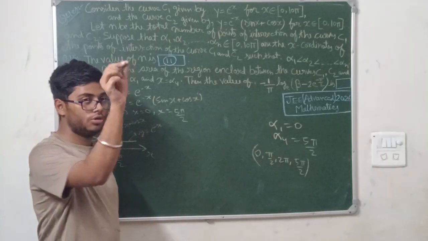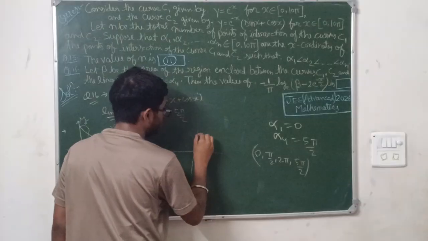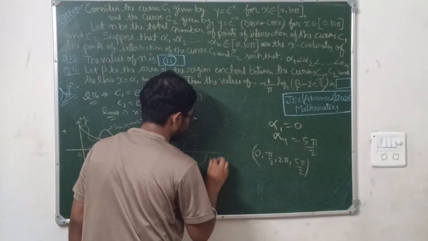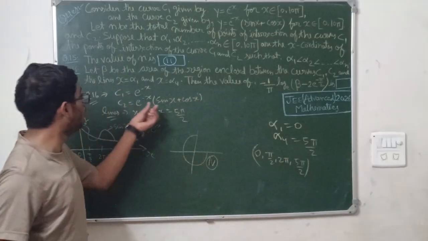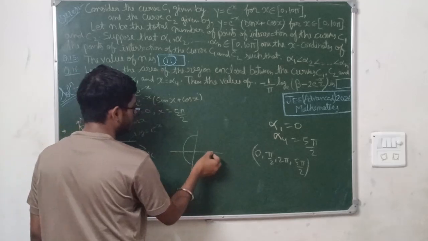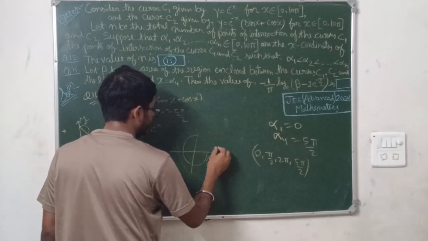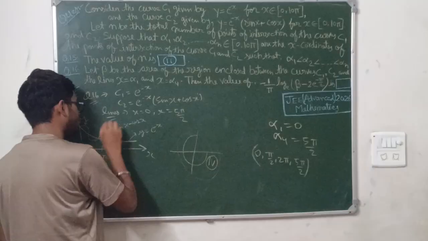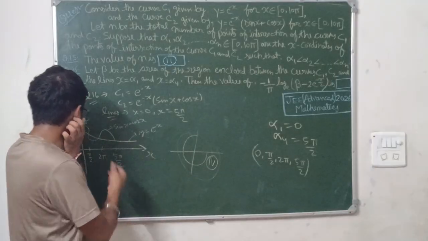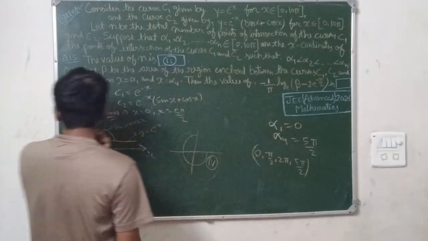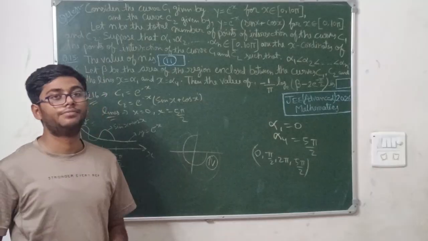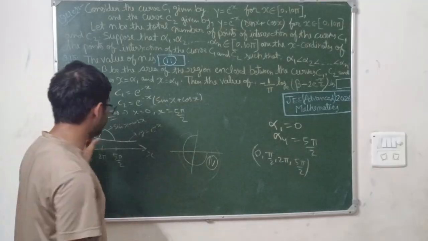So from pi by 2 to 2 pi, the final terminating part is in the fourth quadrant, where this whole function would be decreasing. And again from 2 pi to 5 pi by 2, where it will come nearly in the first quadrant, this would be increasing. Okay, this was basic calculus where you can apply this, and the graphical transformation for this concept is needed. In the functions chapter you generally learn about this.